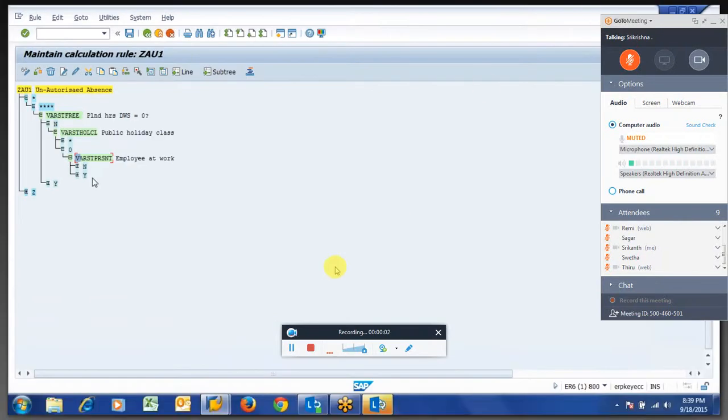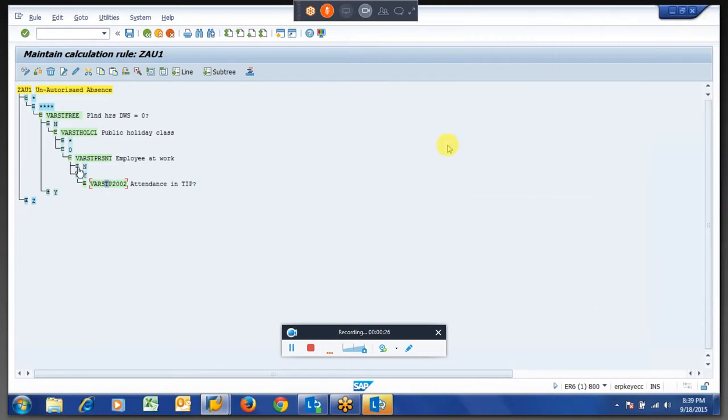We will get whether the employee was present, because, as I explained yesterday, we have a function in the time management schema called P2000, sorry, P2040, that is P2000, which will consider it as presence. So if it is present, we are checking if it is from 2002 or not, that is, from the actual attendance input or not. If it is attendance, we are not going to do anything.